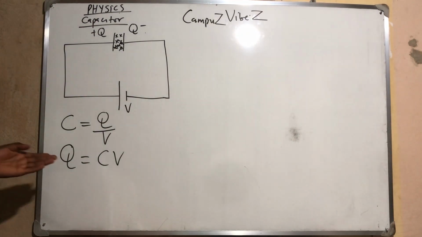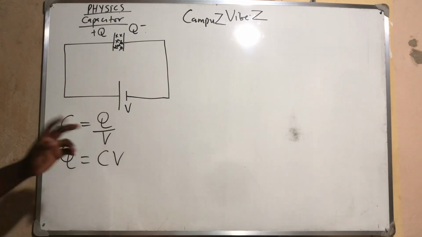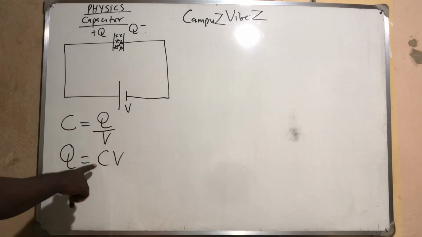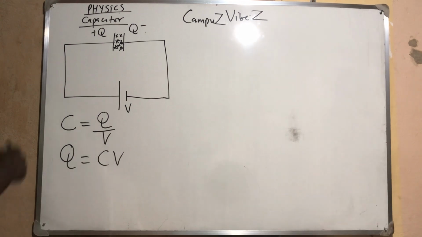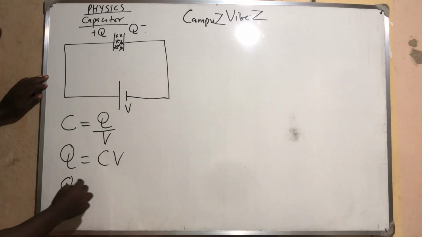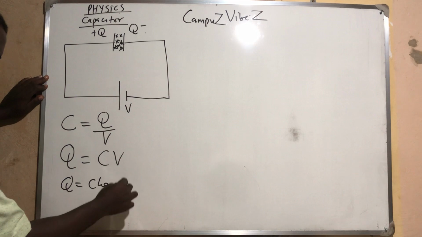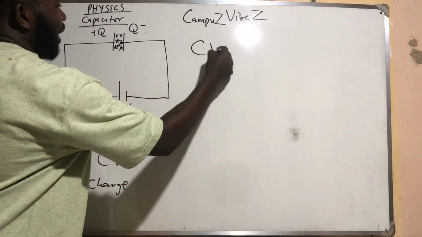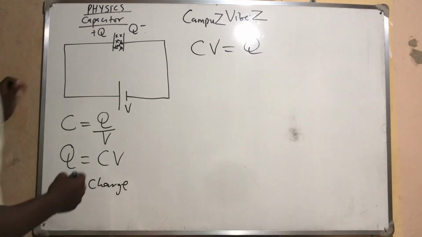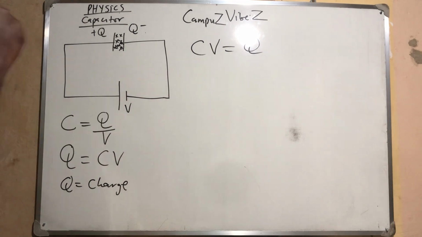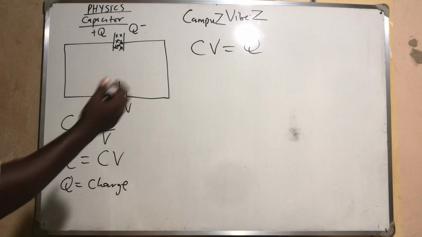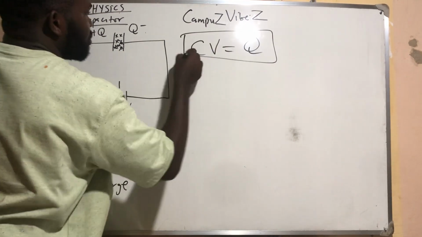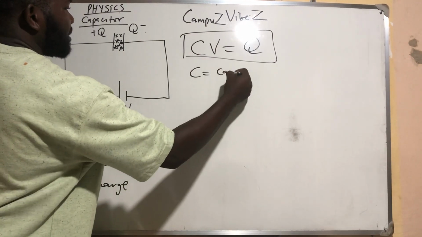So if you remember that Q is equal to campus vibes, what is campus vibes? It means capacitance and potential difference. Don't forget that Q is your charge, and campus vibes are always charged. So remember that campus vibes are always charged. This will help you to remember this formula, where C means the capacitance